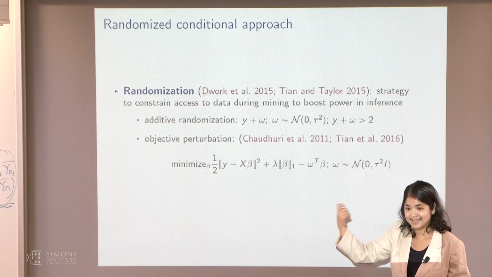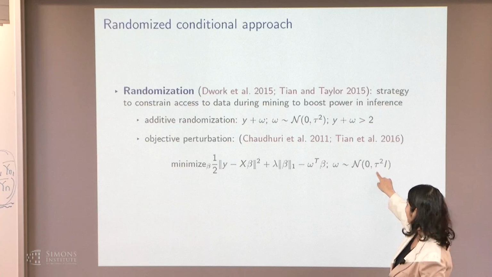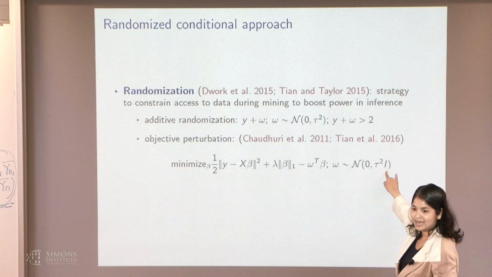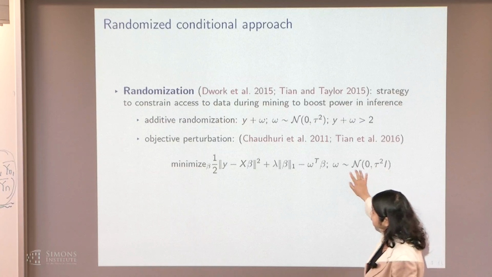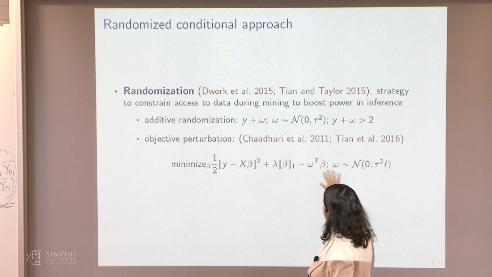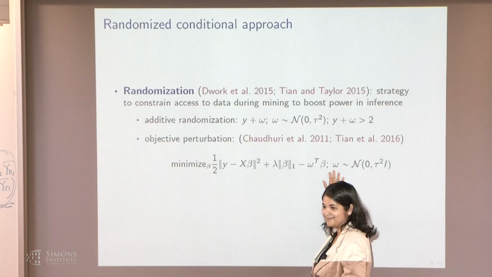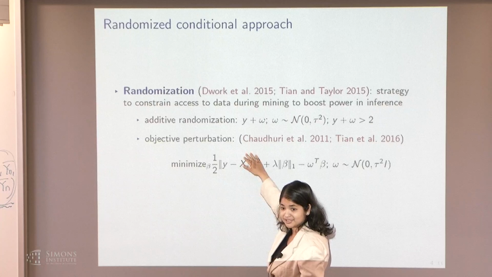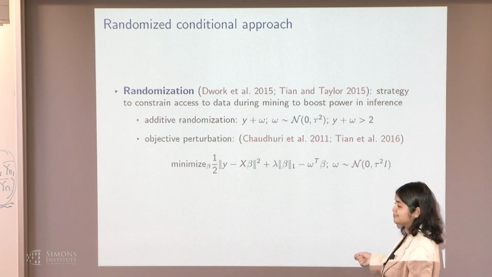The scale tau square is essentially related to the splitting fraction rho. I can give you the exact expression for how rho is related to tau square, because that's what we saw: data carving was asymptotically equivalent to this objective where omega was Gaussian with some sigma parameter. So maybe this is more palatable to people here. It's termed objective perturbation in the differential privacy literature, and it's just a form of randomizing your